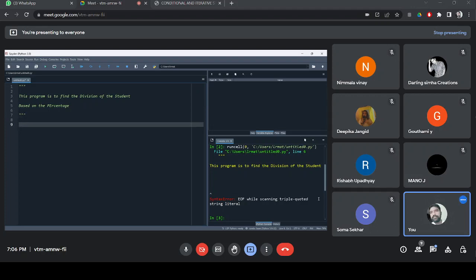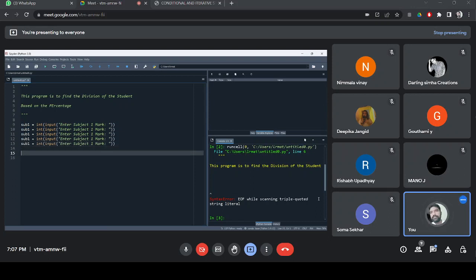After that, I am taking subjects. Sub1 as a variable. I am asking for the student's mark. All the marks are going to be integers. Enter subject 1 mark, now I am asking with an input statement. This statement I can repeat 5 times: 3, 4, 5. Now I am accepting 5 marks. Because I need different names, and this is a demonstration program, I am going to change the names of the variables.